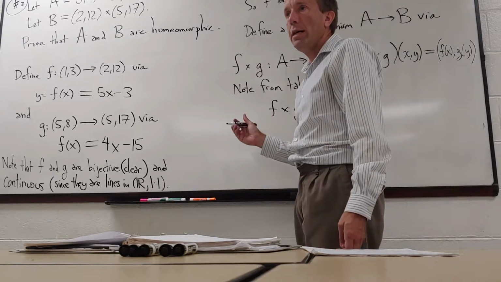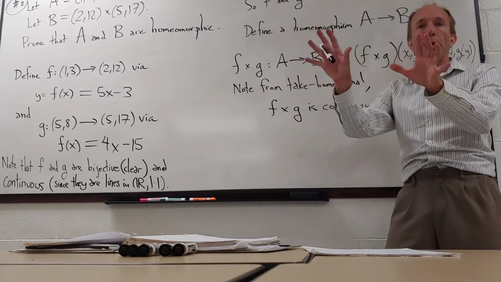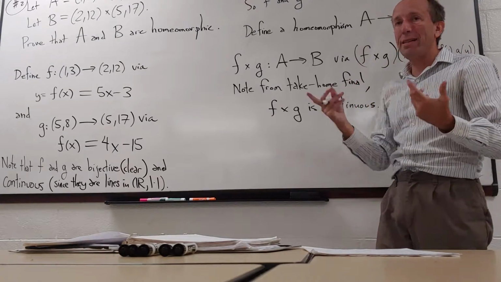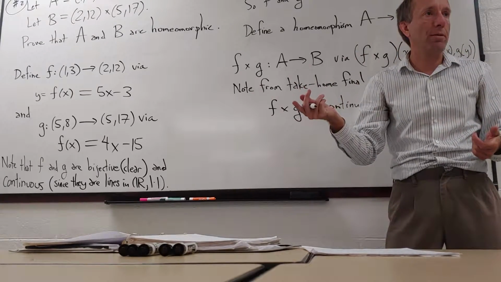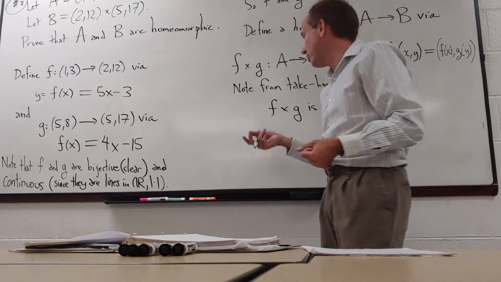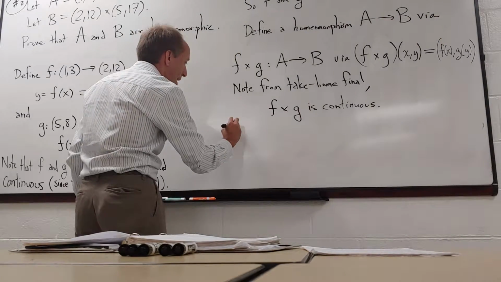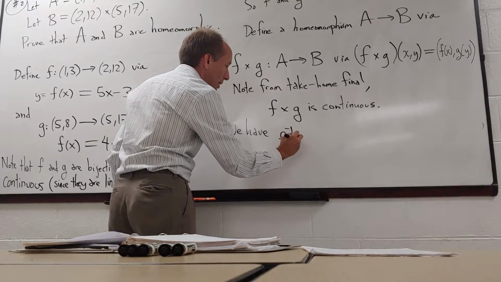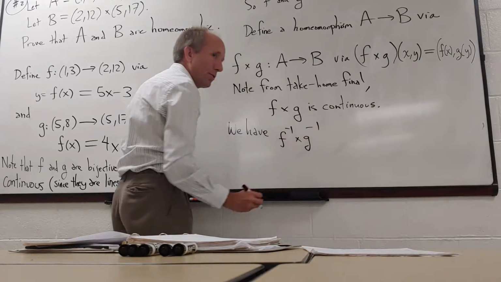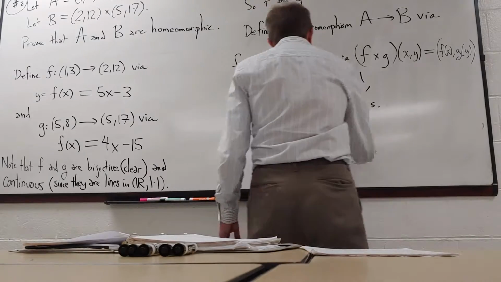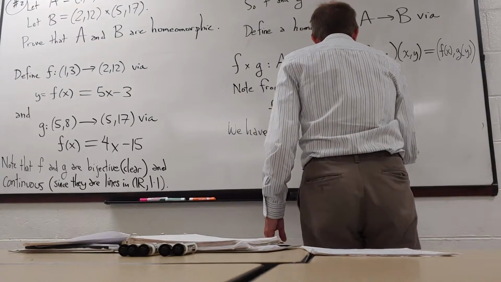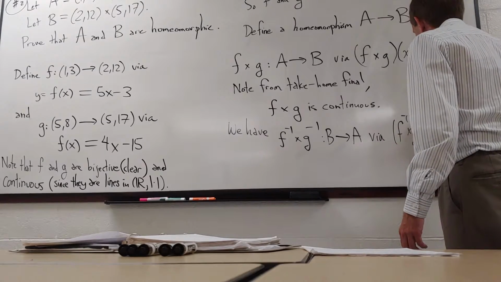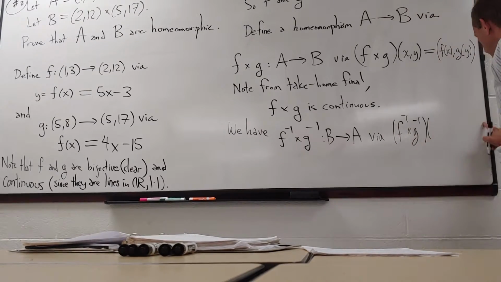And then show that when you compose the function with its proposed inverse, that you get the identity map. Right? You guys remember that? Yeah. Okay, so I could write it as F inverse cross G inverse, which would be going from B to A via F inverse cross G inverse of